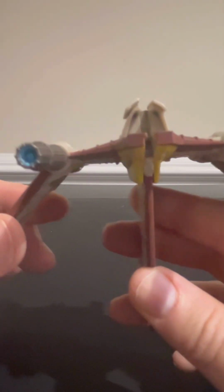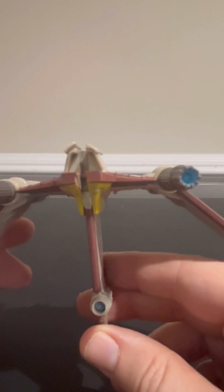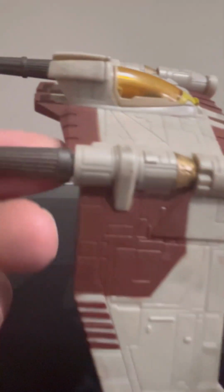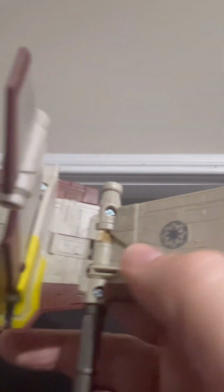Here's from the back. It's got the blue engine lights going. Now this is flight mode. Here's some more detailing. And even on the bottom, they don't skip on it. They got some weathering effects going on. Some more colors and a lot more detail. Logo carries over on this side. And also, let's get,